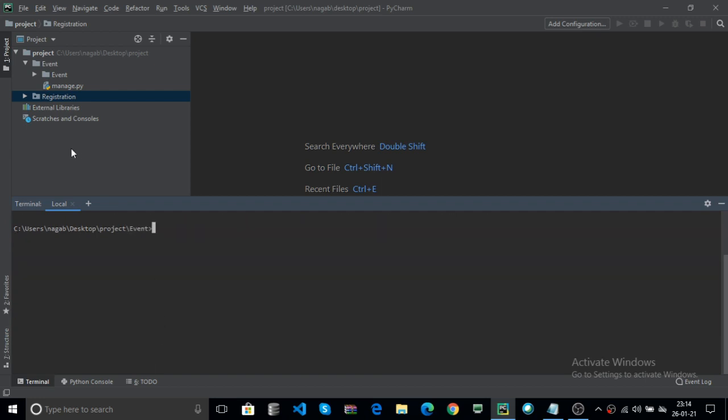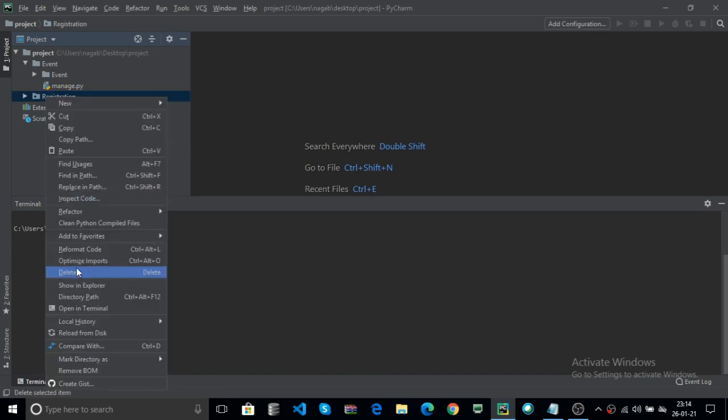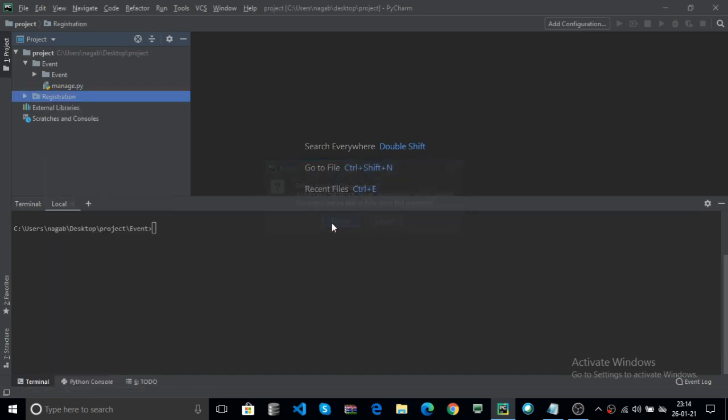Here in the root directory event, manage.py is outside of the event directory, the event package. Now I create the app under the event package, in the root directory, which is event.